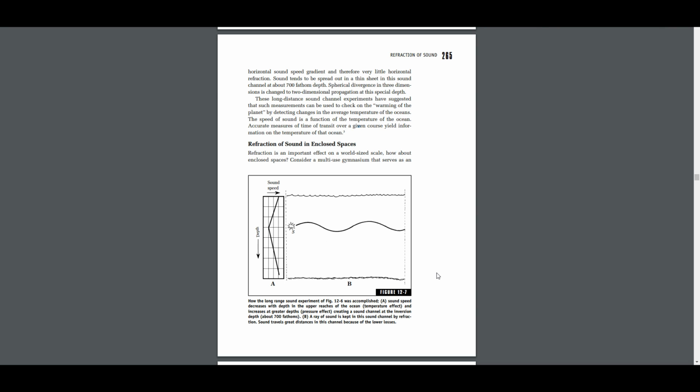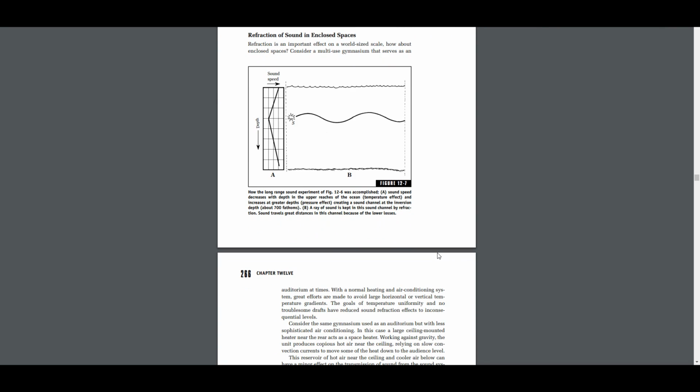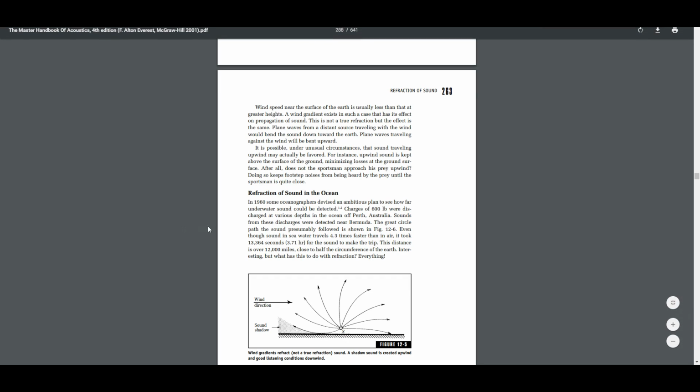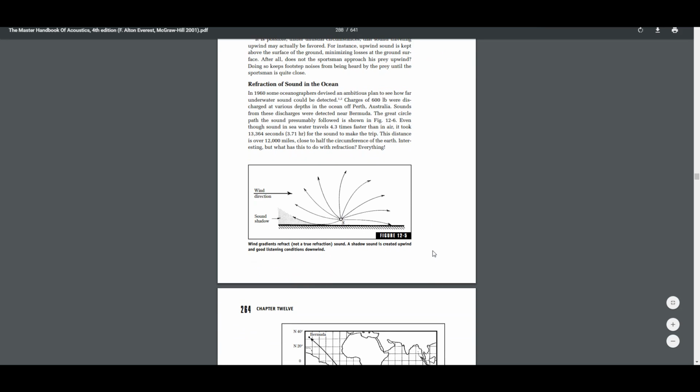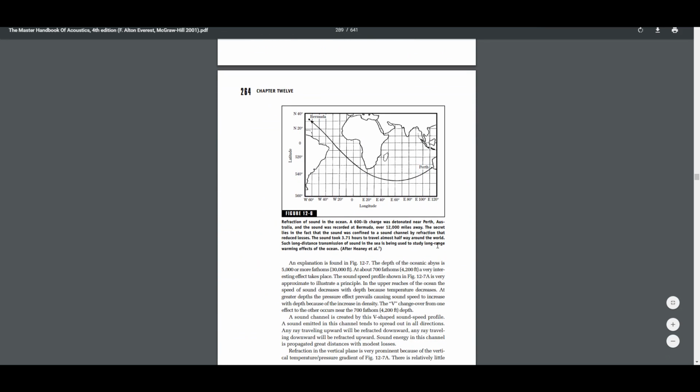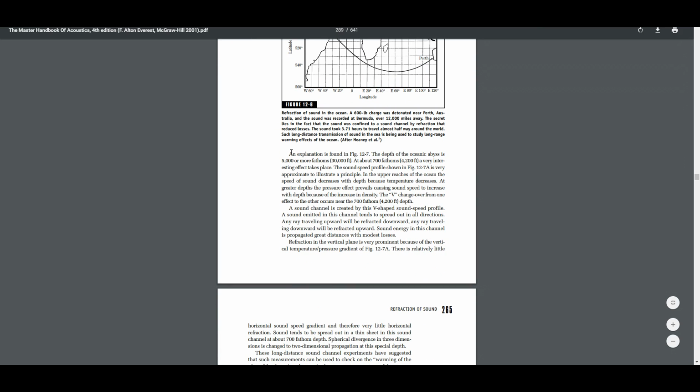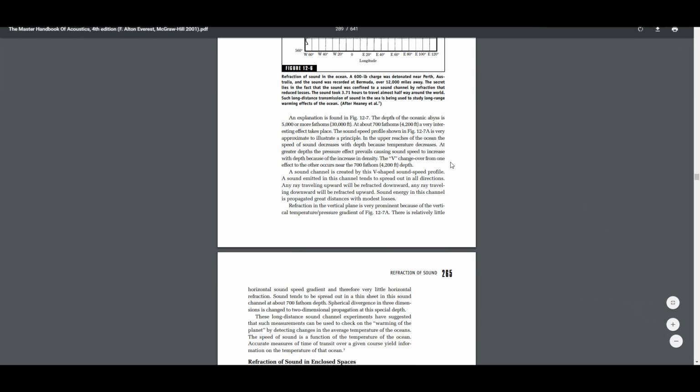So they detonate this charge down in the ocean, and because the wave goes a lot further than usual, and we understand this really well, if the wave changes how far it goes, or it might be amplitude, I can't completely remember, but basically the wave will indicate if the temperature has changed because we know all the other factors. So based on the behavior of the wave, we're able to determine if the temperature of the ocean has changed. Go ahead, check it out. But just a really cool aside.